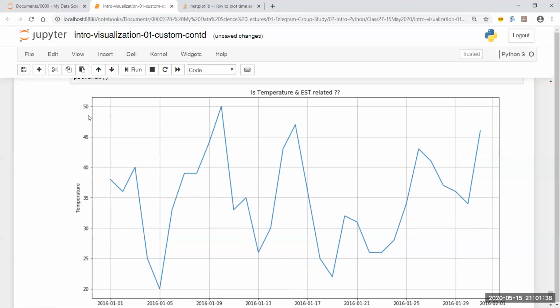On the y-axis, I'm going to have the temperature or the stock price, and then in that case I will be able to understand the relationship. So I can't really find a very good relationship over here, and maybe the reason for this is that I don't have enough data, because the more good data you have as part of your analysis, and you've prepared it very well, this is almost always true.